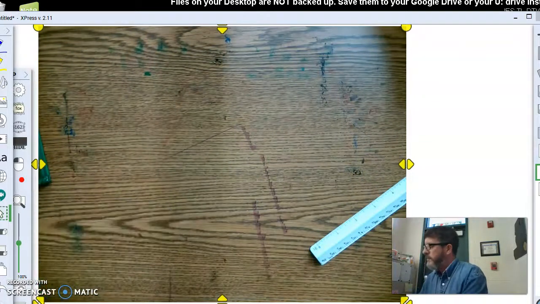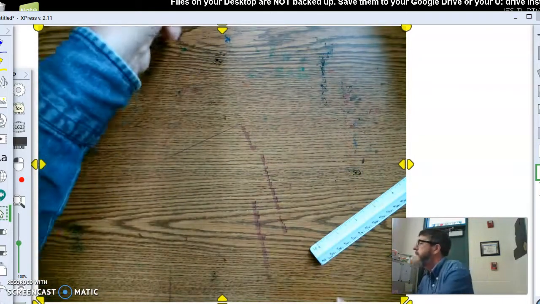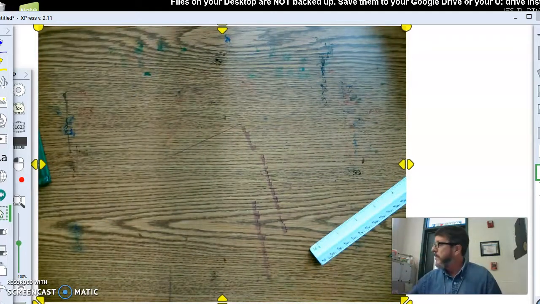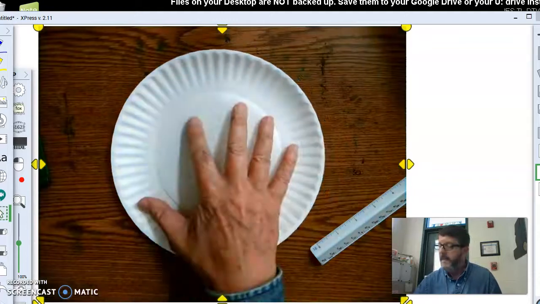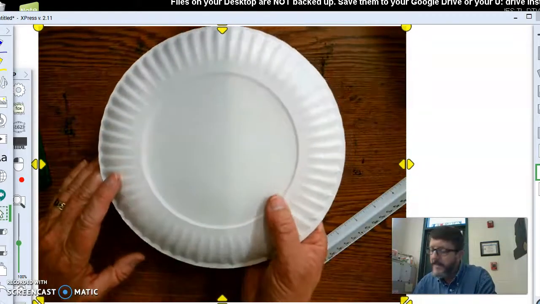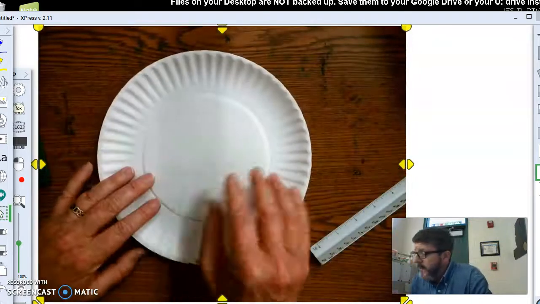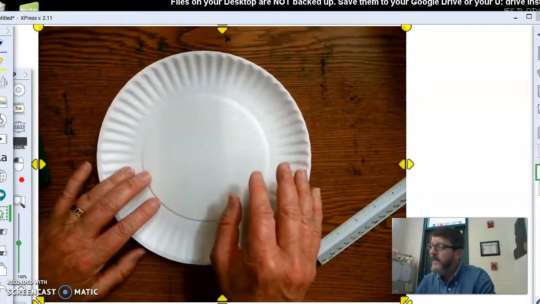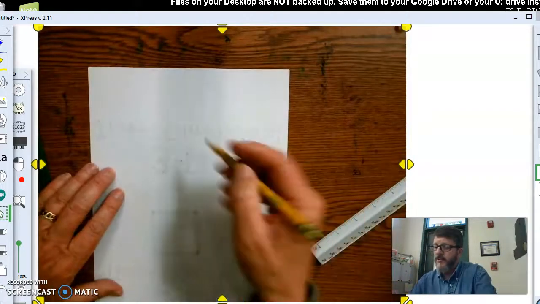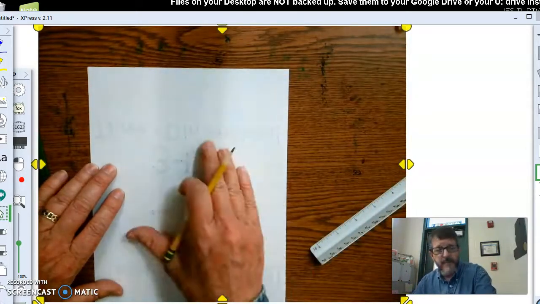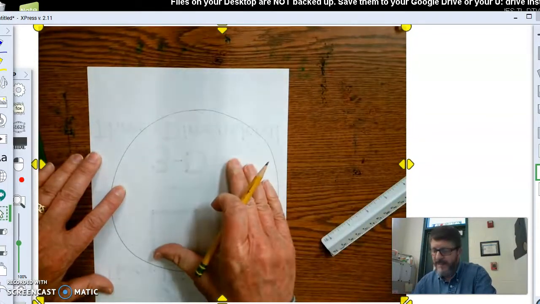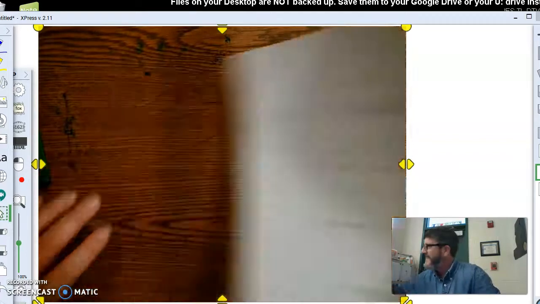And I'm going to show you some examples. When you get your plate, it'll be empty. And if you don't have a paper plate, go to the store and buy some. And if you can't do that, then just get a sheet of paper and you can just draw your food on a sheet of paper. Or you can draw a nice big circle and pretend it's a plate and draw your food on there. Alright,